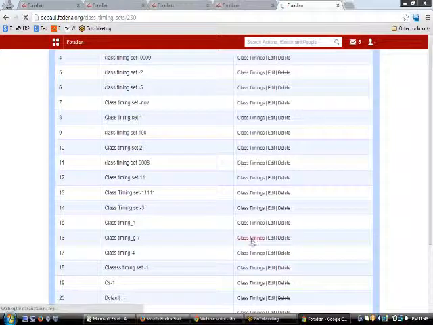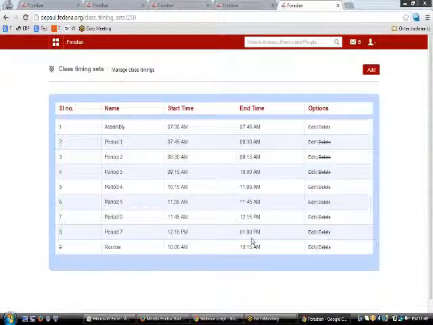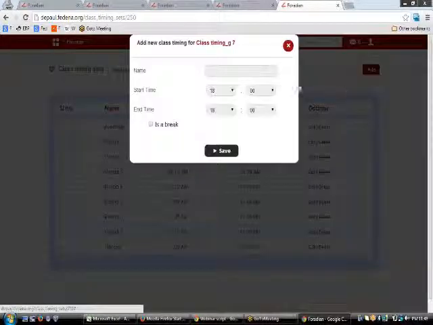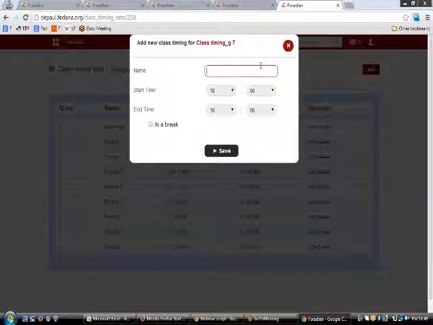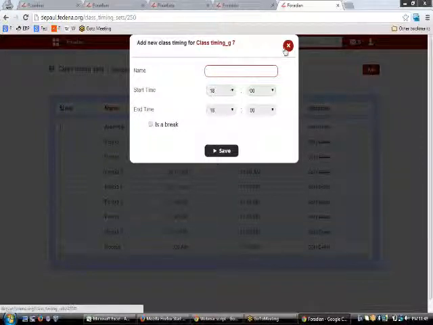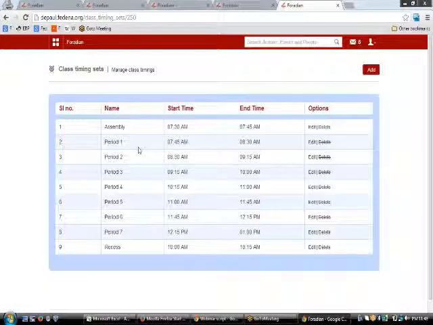So you need to click on class timing from there, and then you will get this add button where the name, the start time and the end time of this class timing set can be updated. Similarly, you can create different periods for this class timing set, like assembly, period 1, period 2 and so on.